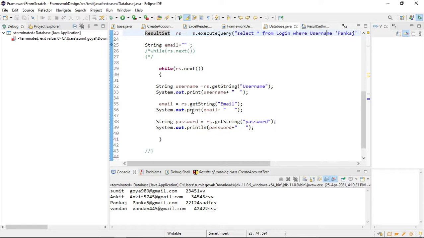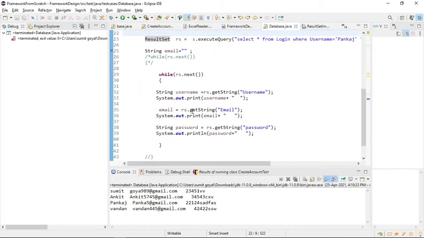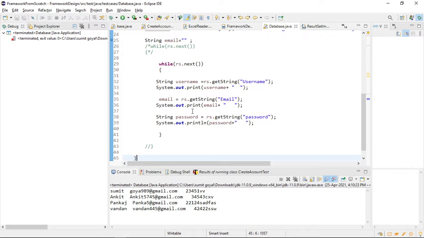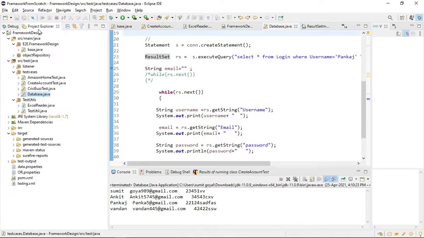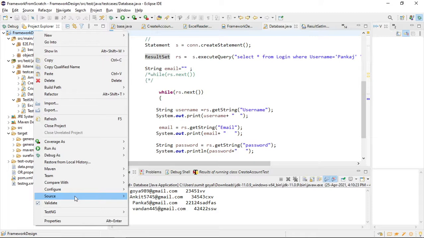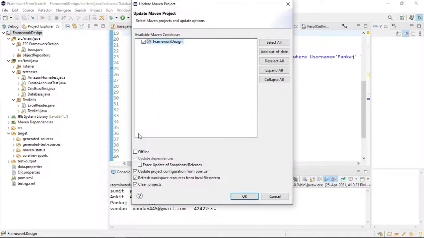Sumit sir, I'm trying to extract the code shared yesterday into my local, and I am trying by my side. If I get any errors, I will ping you. Okay, ping me. If you still get errors sometimes, right click, Maven, Update Project. Sometimes errors will go away with this, and click on OK.